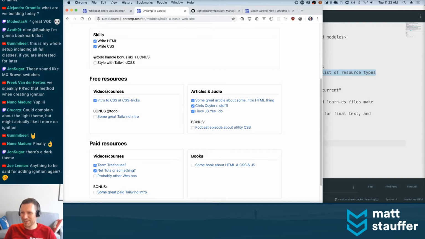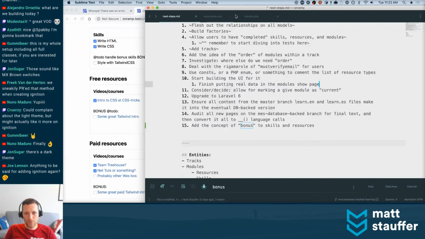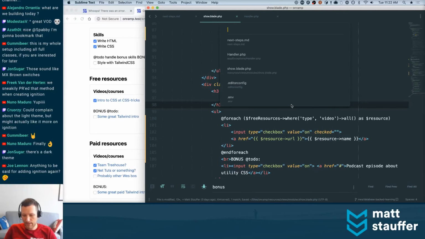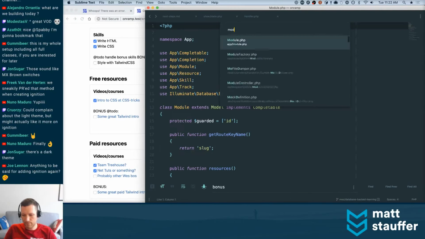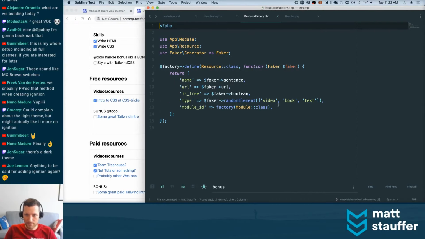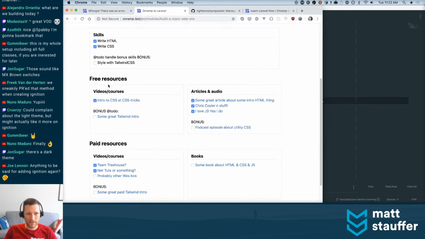Joe, do you think I should add ignition? What do you think? Okay, so let's go take a look at, what did I just do? Okay, cool. Let's go take a look at our, what is this, the resource factory, and our type can be video, book, or text. And so,